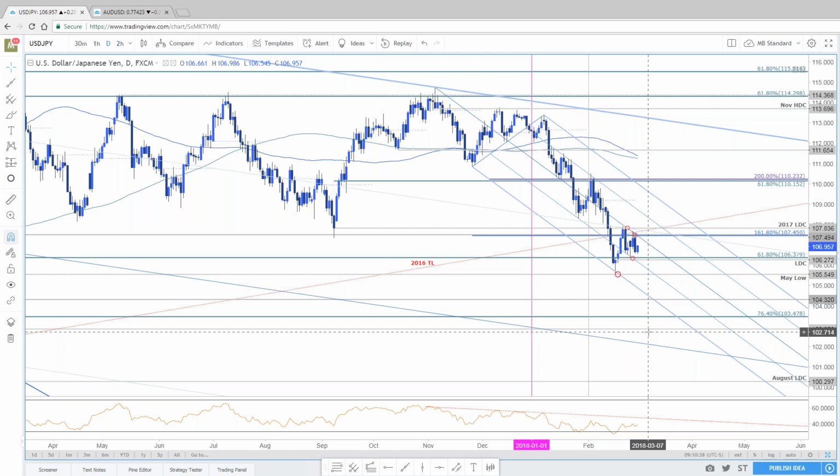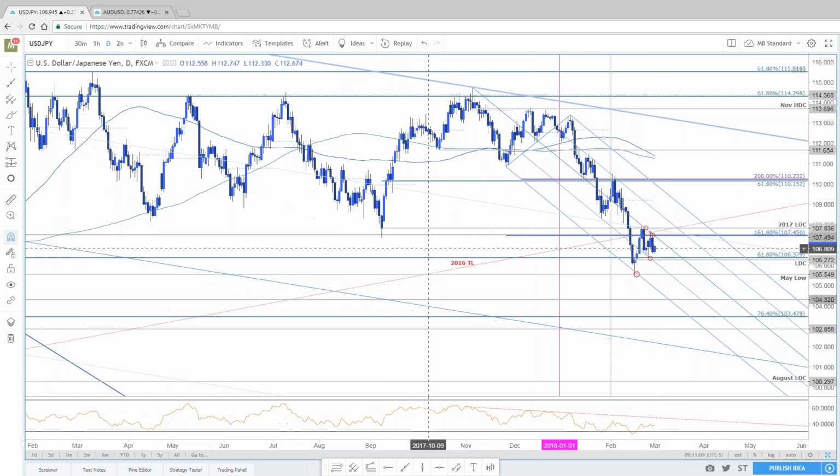Look, the range is the range, and until we clear it, I'm going to sit aside. We had some really nice plays on this last month. I don't want to mess around with it. I have nothing but the utmost respect for dollar yen. As you guys know the story, this thing massacred me really early in my years in trading. So I always approach it with the utmost humble attitude, because this thing is known to just rip faces. So look for that range break. Ideal scenario again is that you see a hold, or a break below this to get resumption. If we breach higher, look for that dollar recovery to really drive things here.